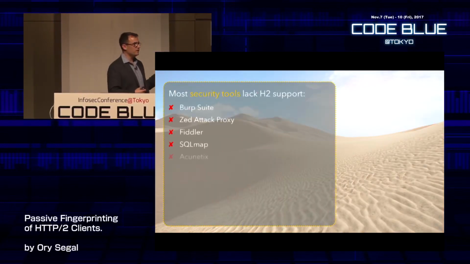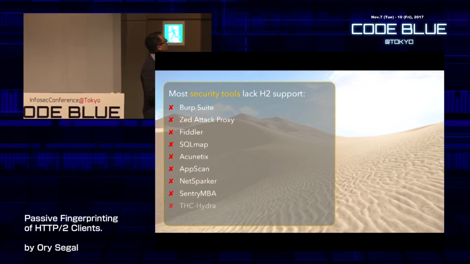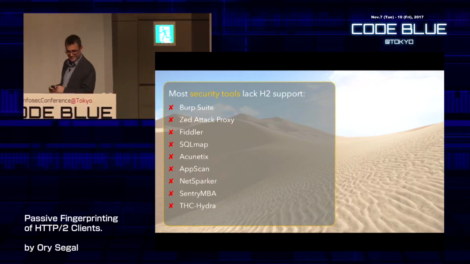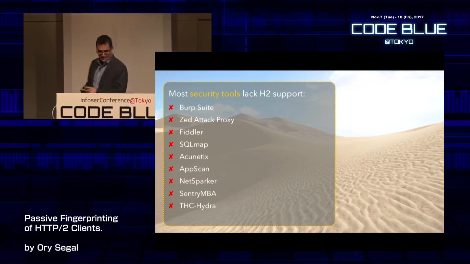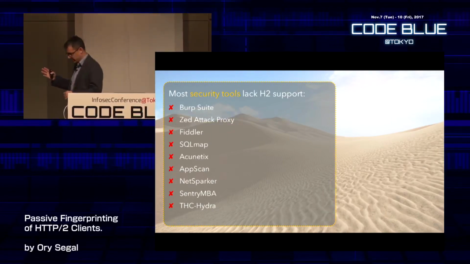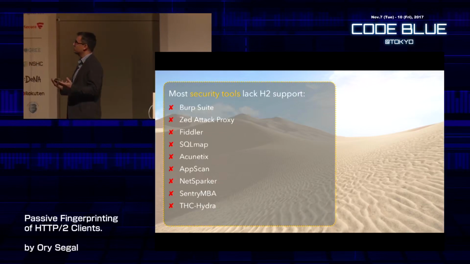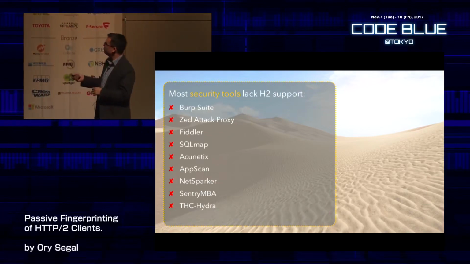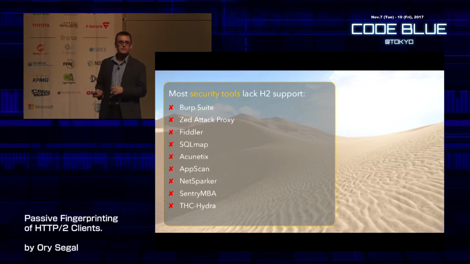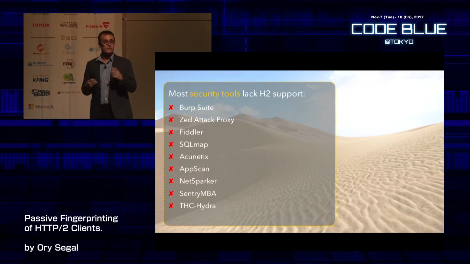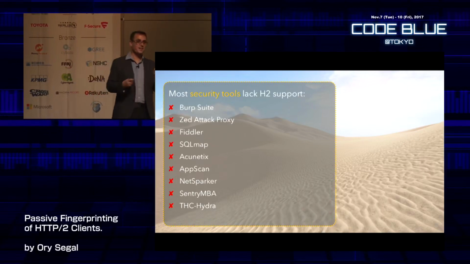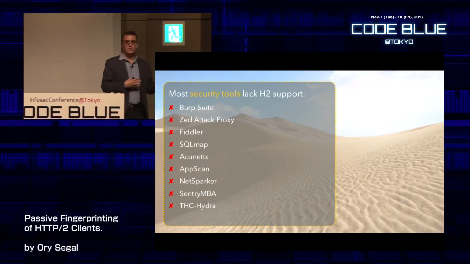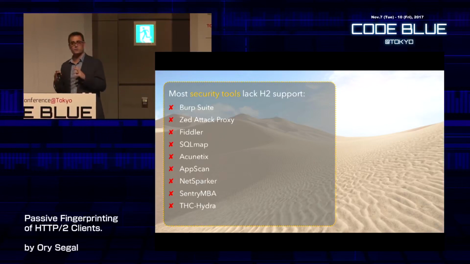If you take a look at the different attack tools, and I'm pretty sure that most of you, there's a Japanese name for Burp. If you look at these tools, and this is a list of tools that I usually use, my team uses, I'm pretty sure that some of you use. By the way, how many of you used AppScan in the past? IBM AppScan? At least one hand? Yay, I wrote it. So none of these tools actually support HTTP2.